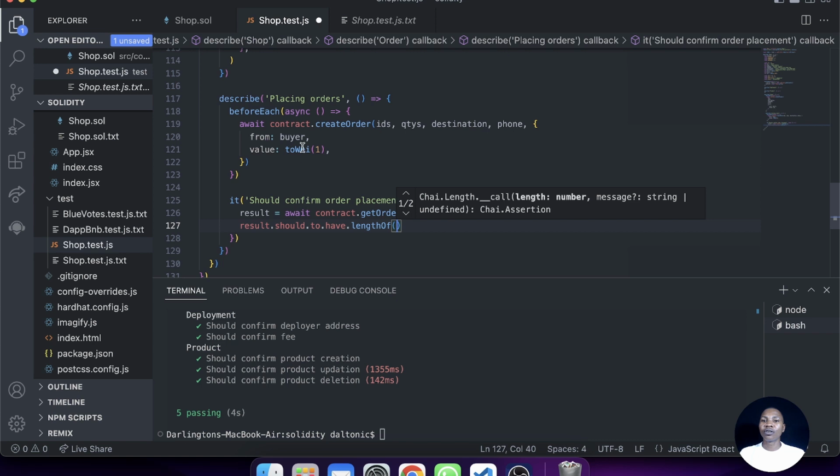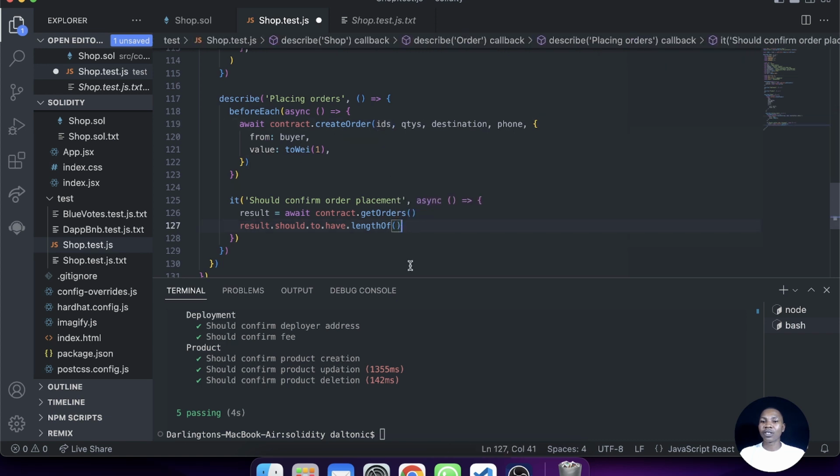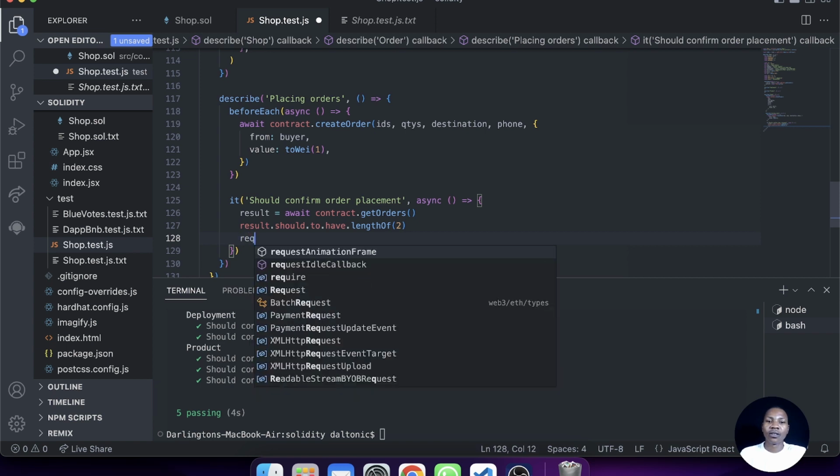So the length of this should be, because there are two IDs, the length of it after creation should be what? 2. Okay, so 2 orders have been created. We want to test that 2 orders have been created on this platform, because for each one of the products there is 1 order. That is how it is in this smart contract here. So I want to make sure that